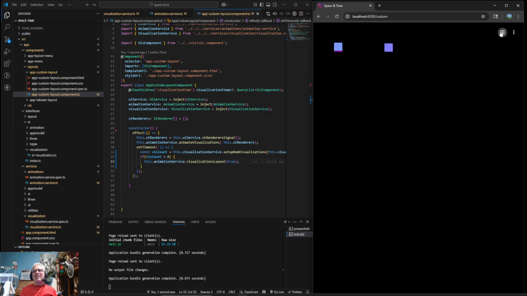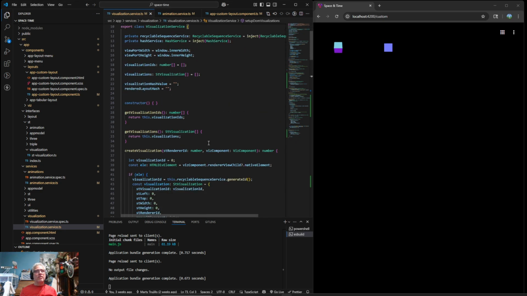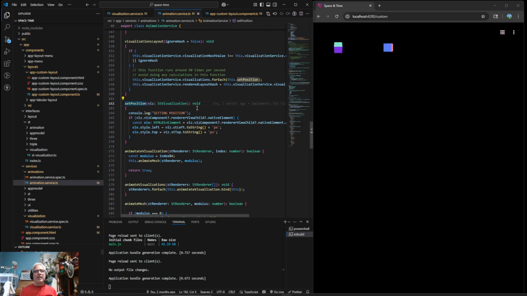Now the next thing that I want to figure out, and I think we're done. I think that's it. Like we've played that out. I guess this would be the easiest time to go out and remove all that commented code in the visualization service that we added. It was in the animation service that we added.